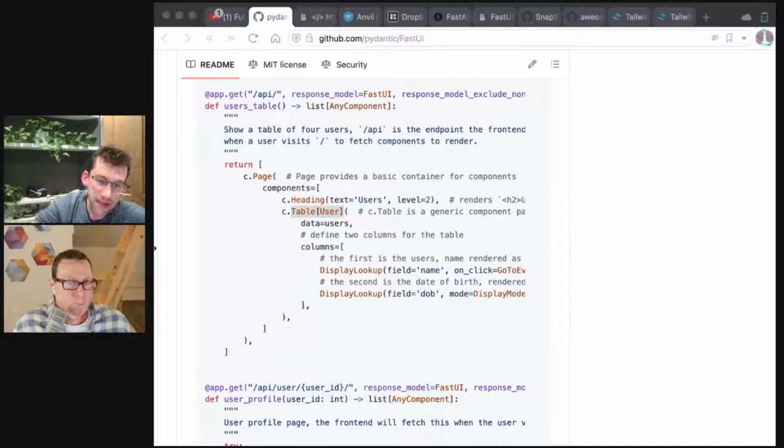Practically, what that means is that table has access to the class when it's deciding what the default columns are. So if you don't define the columns list, as we have here, to say what columns to display, it'll show all of the fields in the Pydantic model. And the point is we get access to that, to user, even if data was empty or before the validation has happened.